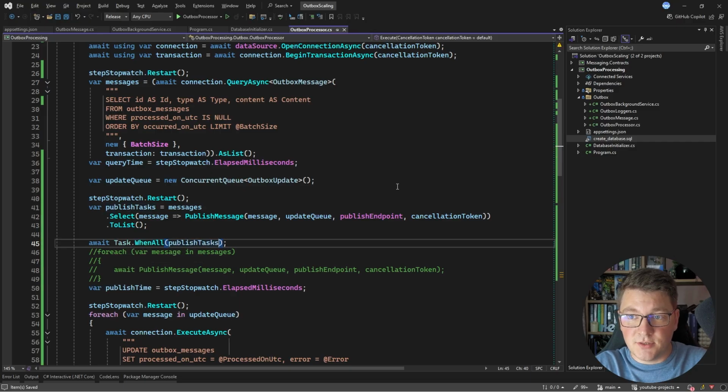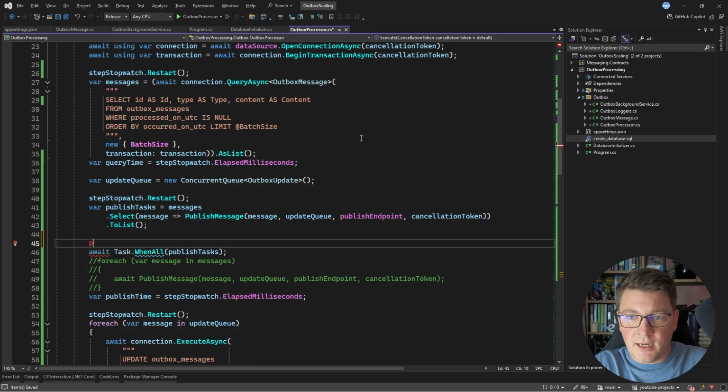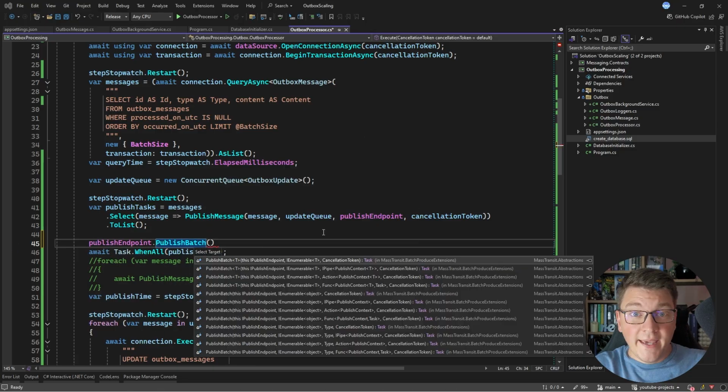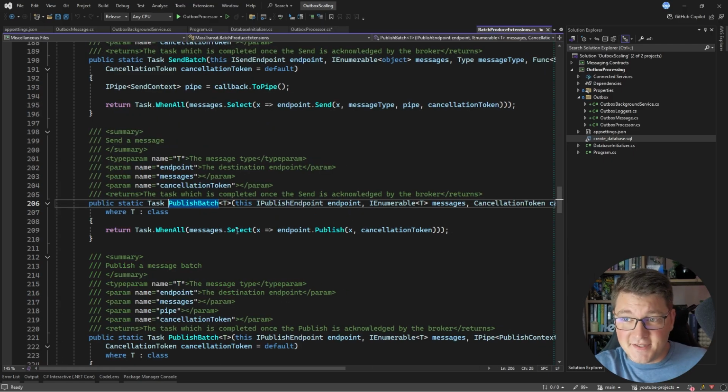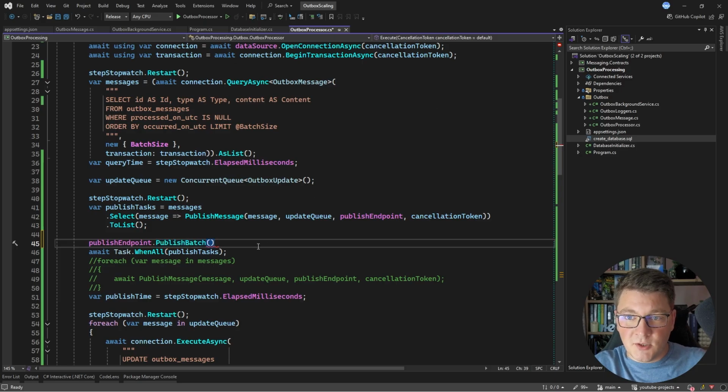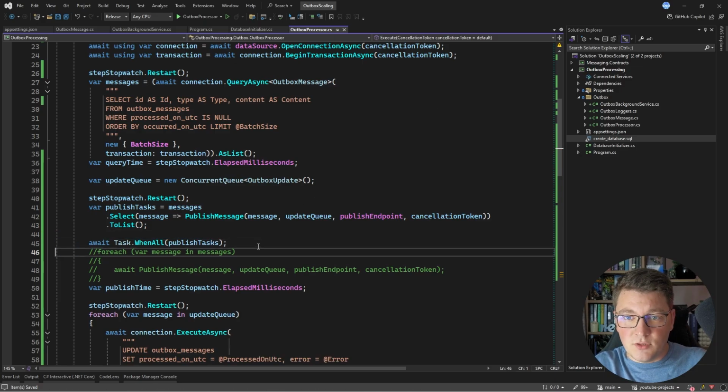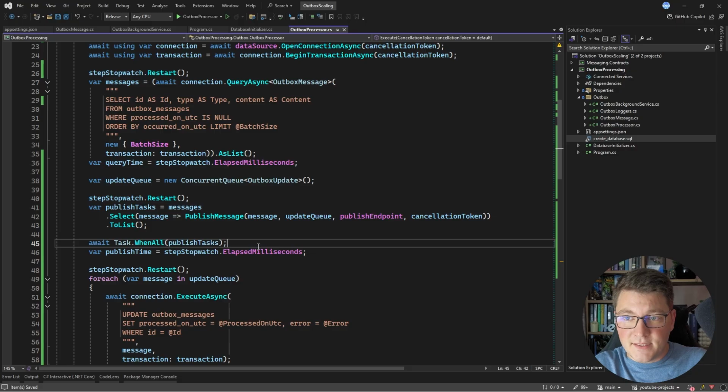in the publish tasks. And if you're wondering what the motivation behind this is, there's actually a publish batch API on the publish endpoint, and you can use this to publish a batch of messages. Now, what this does inside is exactly what I'm doing here. It runs task when all, and it selects a collection of publish tasks. So this should be a nice optimization that we can add to the current implementation, and let's see if it